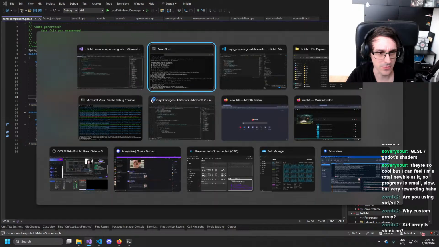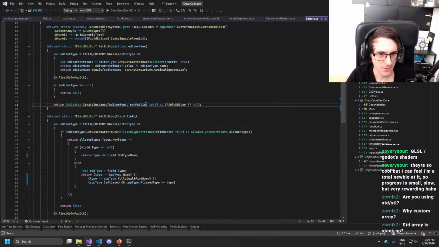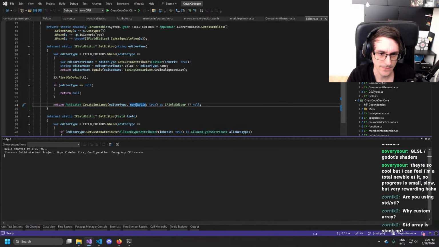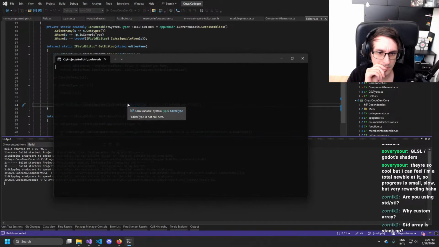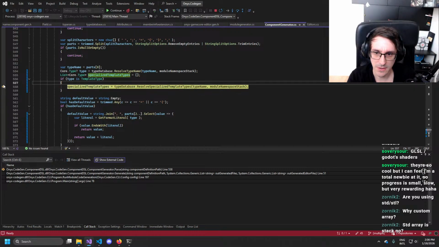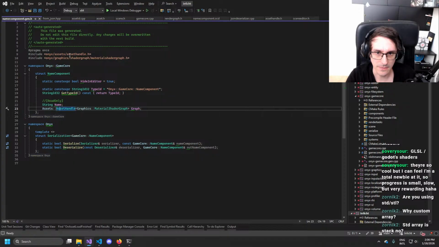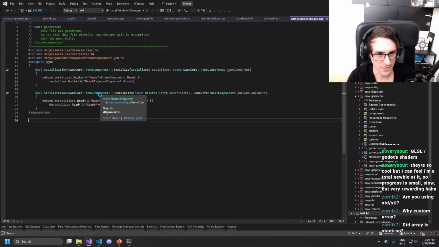And it should have included... Although maybe that's not in the code generator yet. Let's see. Maybe I didn't build that yet. Okay, yeah. Perfect. Does that build?